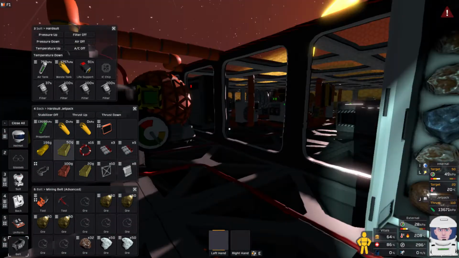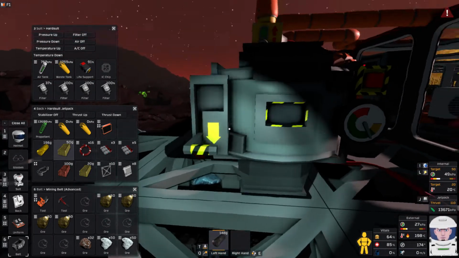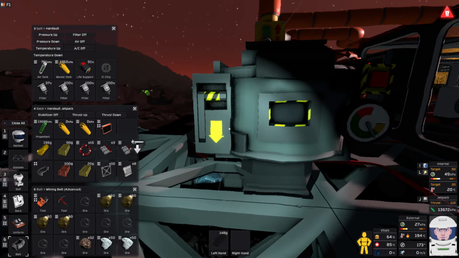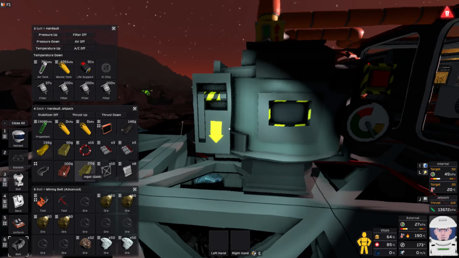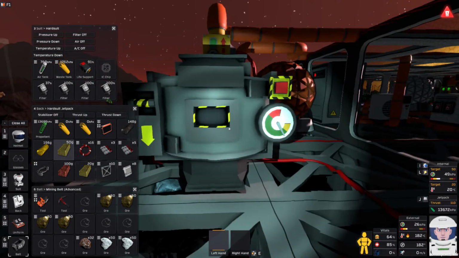Is that still going? Yeah. Okay, and it'll create solder. Big stack of solder. There we go. Won't have to worry about solder for a while. I've got electrum, I got solder, I got gold and copper. I got everything I need. Now what I want to do is,